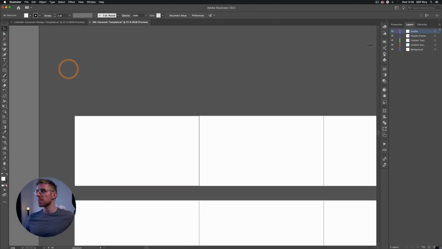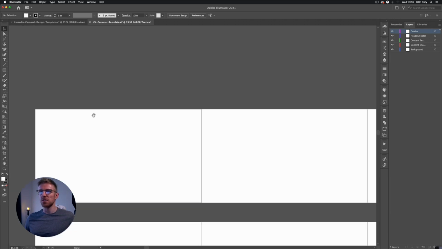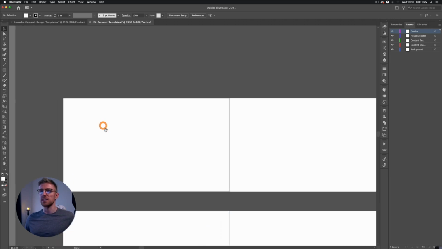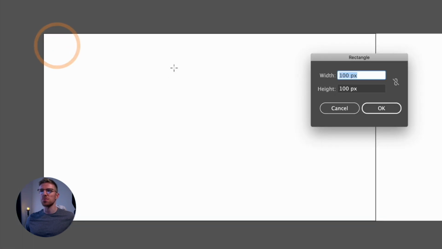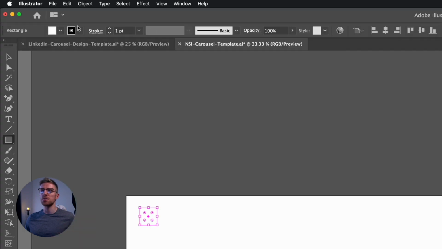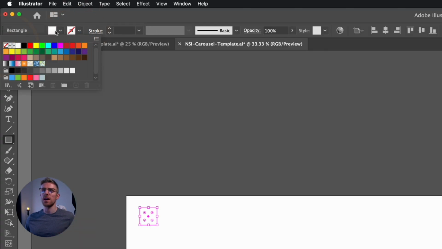To do that, I'm going to make sure I'm on my guides layer for a start. And the way I like to do this is not particularly technical. I'm just going to grab my rectangle tool and click once within here. I want to create a 100 pixel by 100 pixel square. So this is going to essentially be the size of my margins. I'm just going to remove the stroke and add a bright fill color to this just to make it